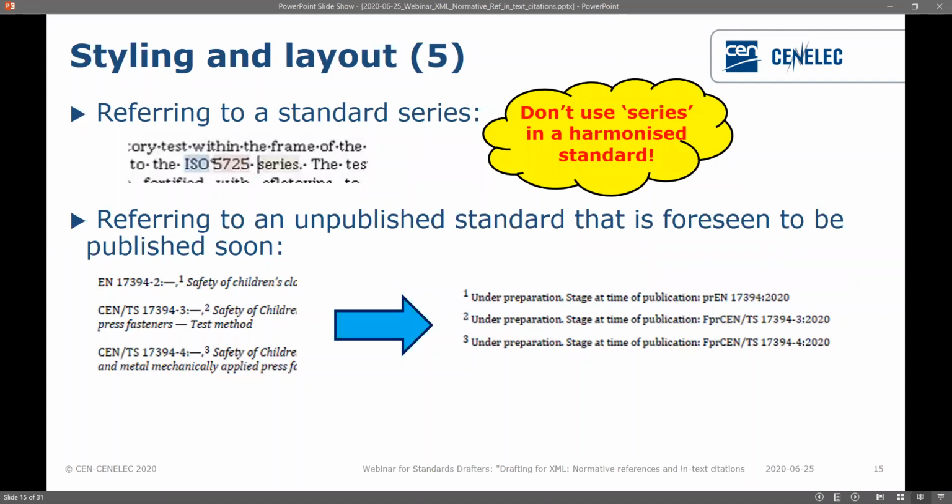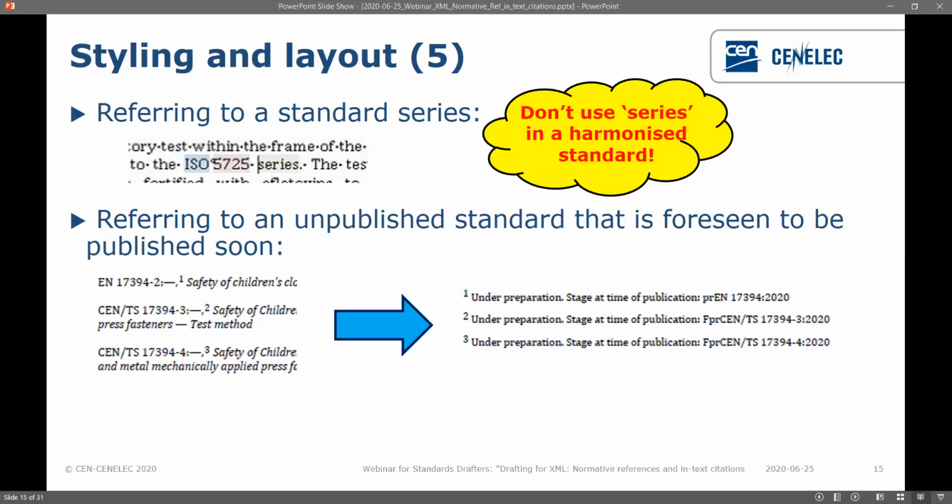If you're referring to a standard series, it's a little different. Generally, you don't have a date for this, because if there are multiple parts, you might have multiple different dates. So if you are referring to specific parts or specific clauses, you'll use the dated version. If you want to refer to the whole series, because it doesn't really matter which specific table or figure, you can absolutely put series right there. What we do ask is that you don't use series in a harmonized standard. Again, as Cynthia said earlier, you can take a look at that webinar and familiarize yourself with those rules.